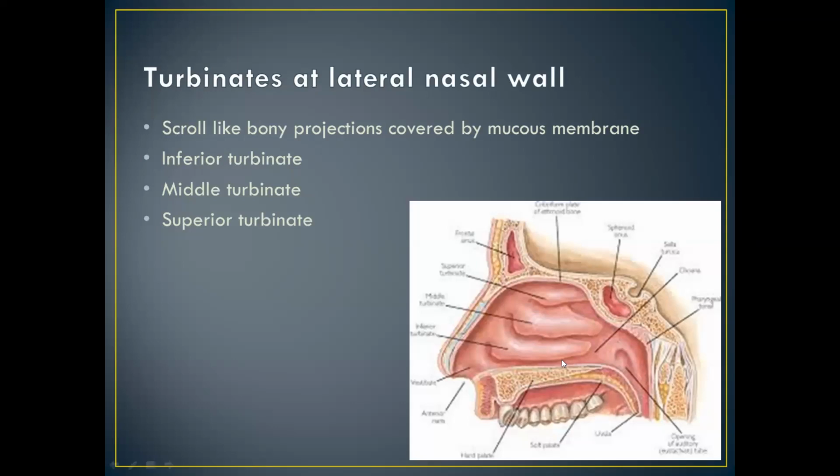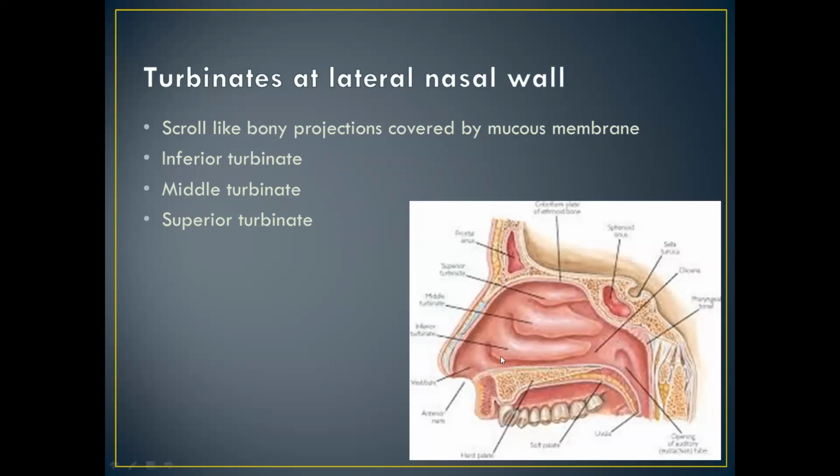These are actually the turbinates. Bony projections at the lateral wall of nasal cavity are the turbinates. There are three in number. The lower one is inferior turbinate, the middle one is middle turbinate, the upper one is superior turbinate. So there are three turbinates you can see, and you can see that inferior turbinate is the largest, running throughout